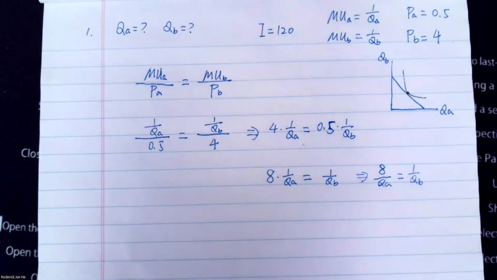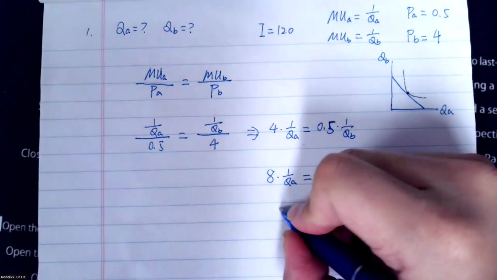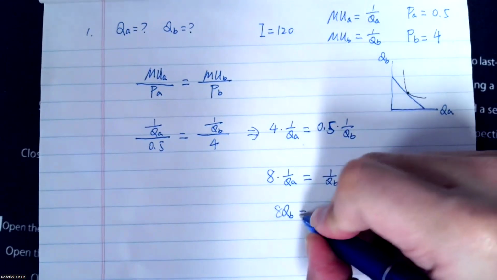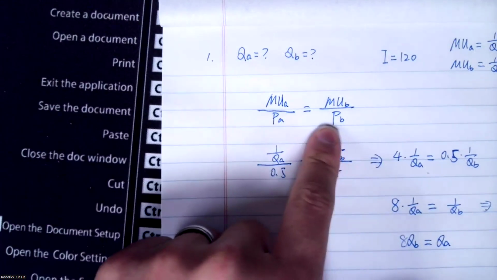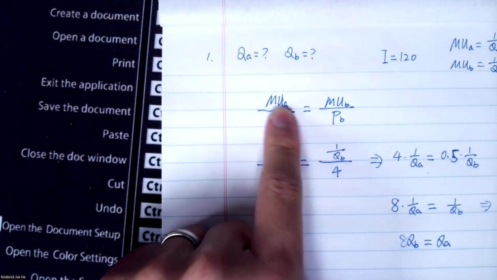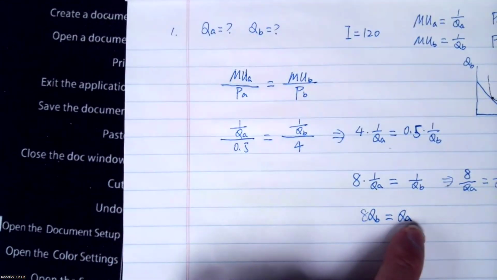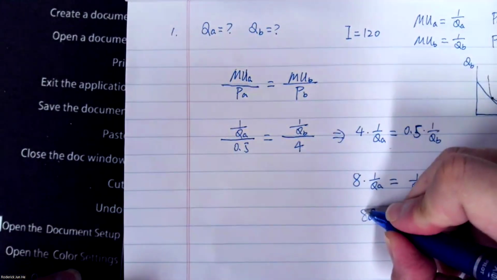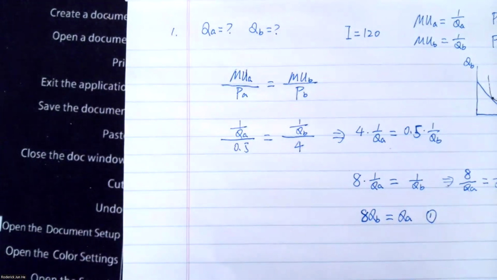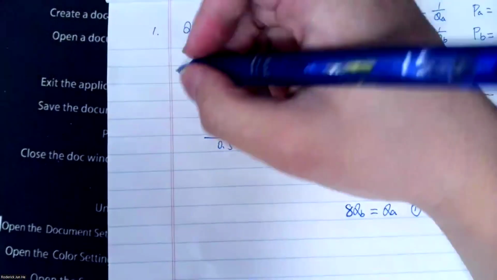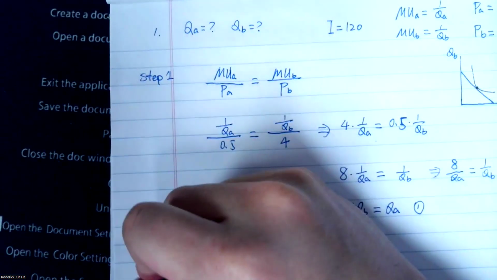Again, we can do another round of cross multiplication. So 8 times QB equals QA. And this is normally what we can get from this equal marginal principle. So we can work out the relationship between QA and QB. Okay, so this is one that we label here. That's step one. And step two,